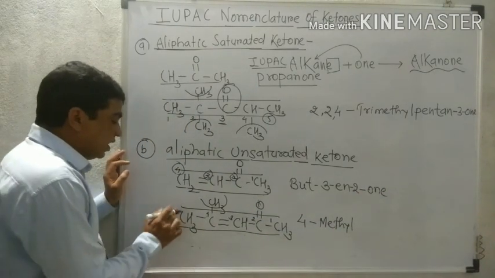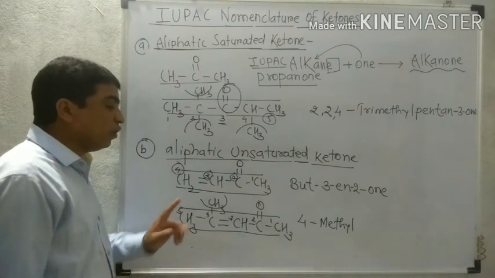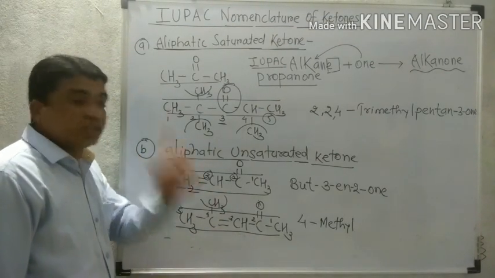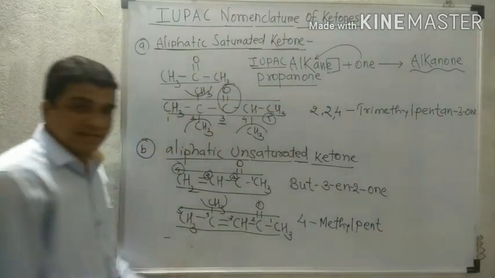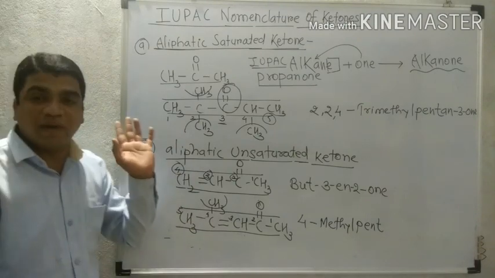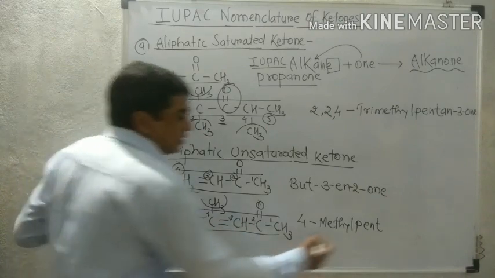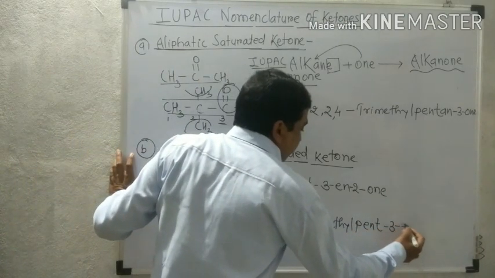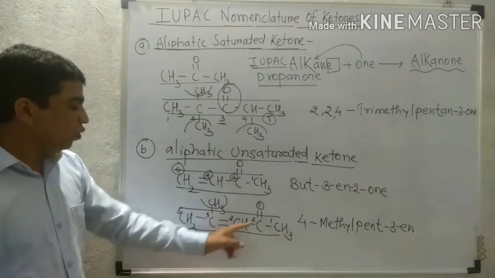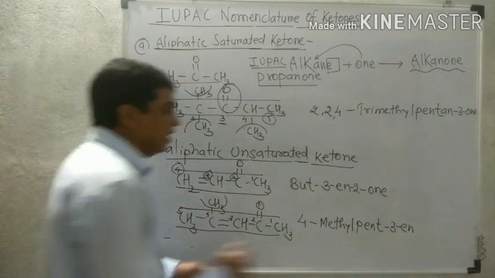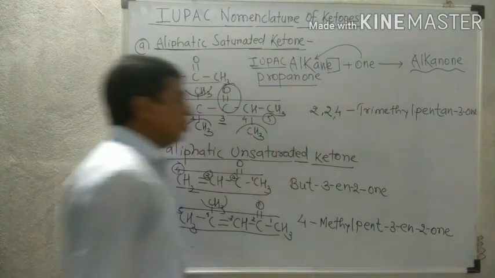Total carbon in the chain? 4 and 5. 5 carbon in the chain. Therefore, the corresponding structure is pentene. But for writing, only pent, because the position of the double bond is right after the parent. Where is the double bond located? At the third carbon, for the double bond "en". And here the C double bond O, that is "one", is located at the second carbon. So therefore 2, and for C double bond O, 2.